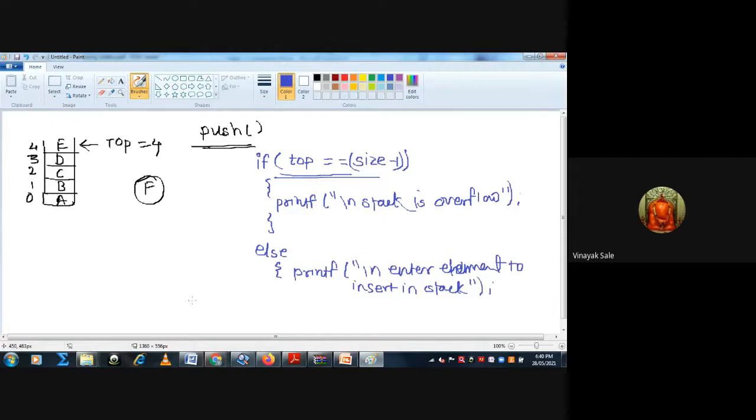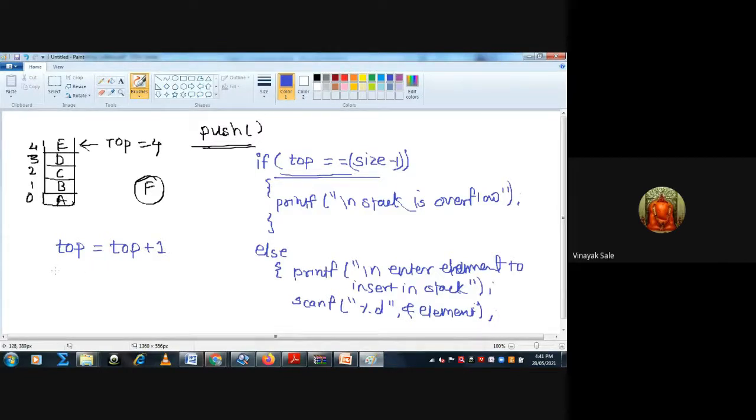Then scanf %d and element. Whenever you insert an element to the stack, top is incremented by 1. So increment: top is equal to top plus 1.